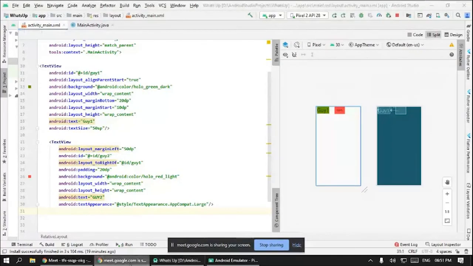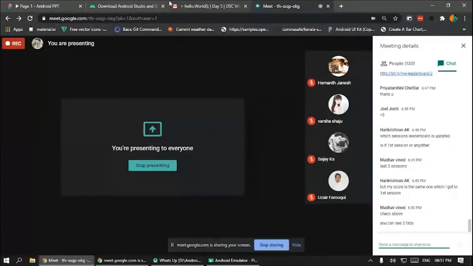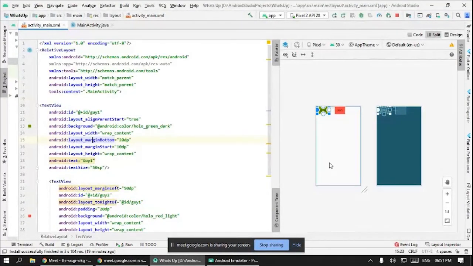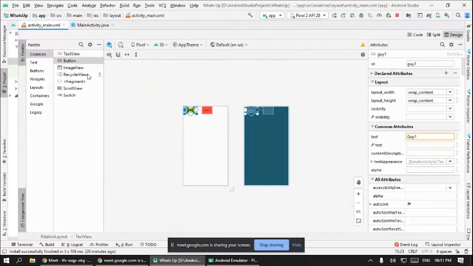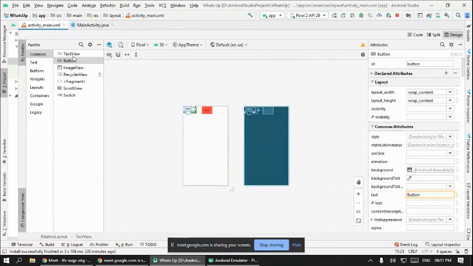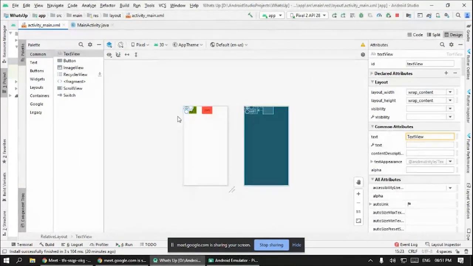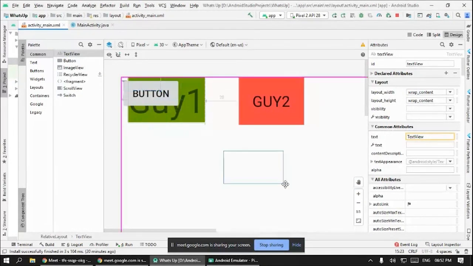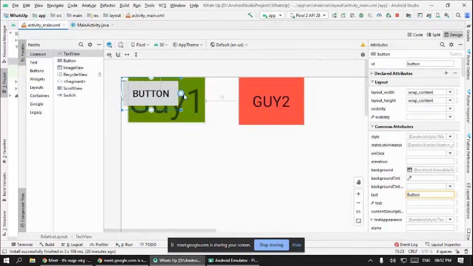And that is the basic view groups available in Android XML. And oh, there is one thing I mixed up. I said Android is basically XML and Java. In XML, we code the UI. Actually, if you head over to the design tab, you don't need to code. You can drag a button from here. You can drag a text view from here. You can, where are you going? Come here. Sit here.